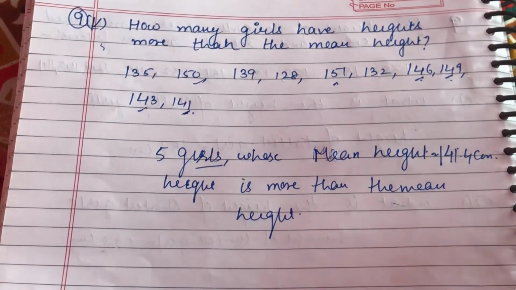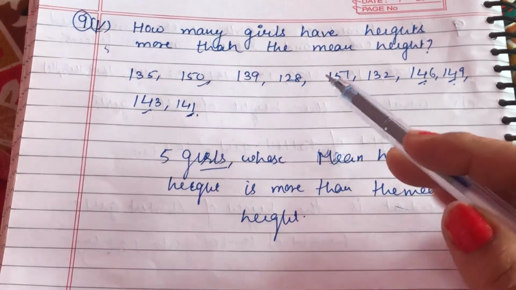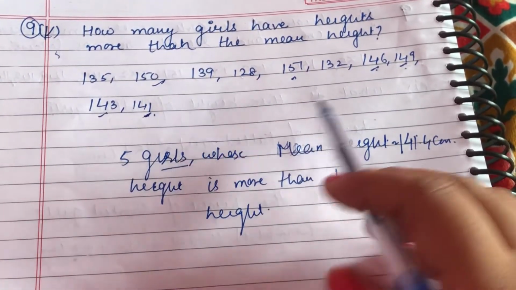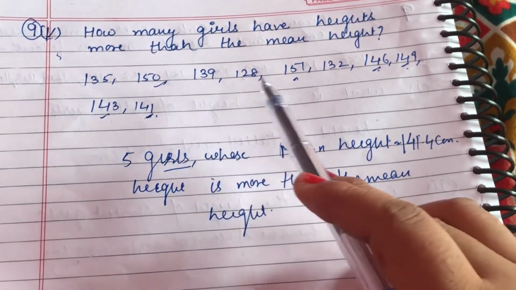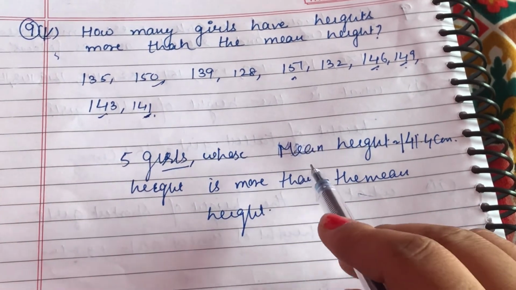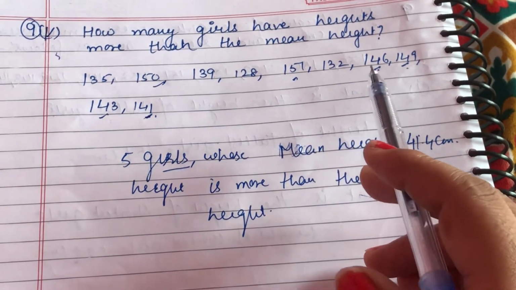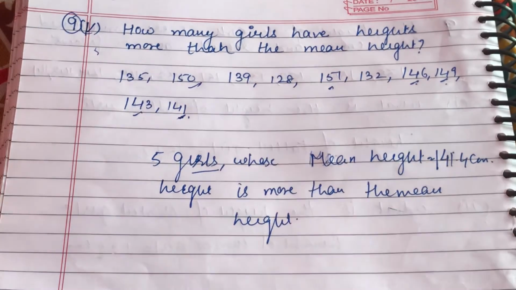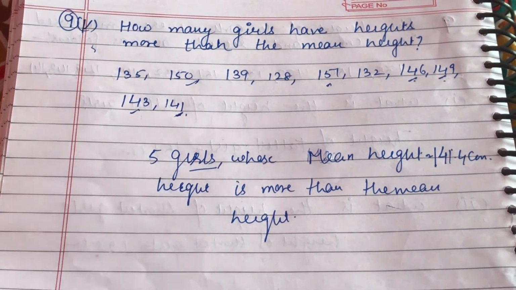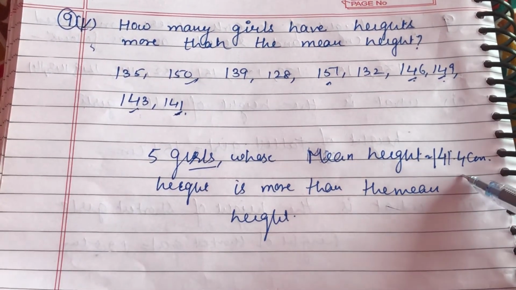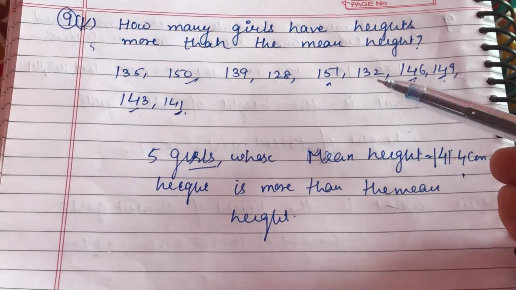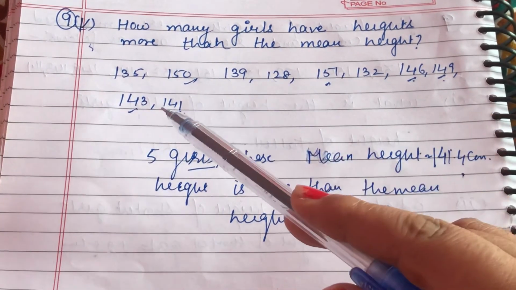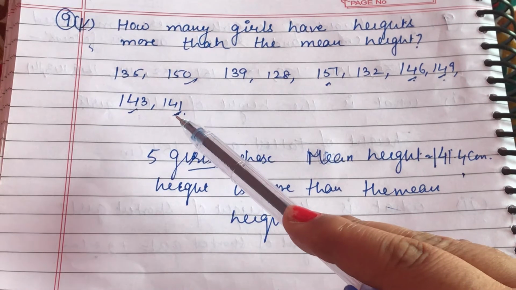Now in the next part, how many girls have heights more than the mean height? Here I have written again the heights of 10 girls. What is the question here? How many girls have heights more than the mean height? What is the mean height? 141.4 centimeter. And we are to count the number of girls whose height is more than